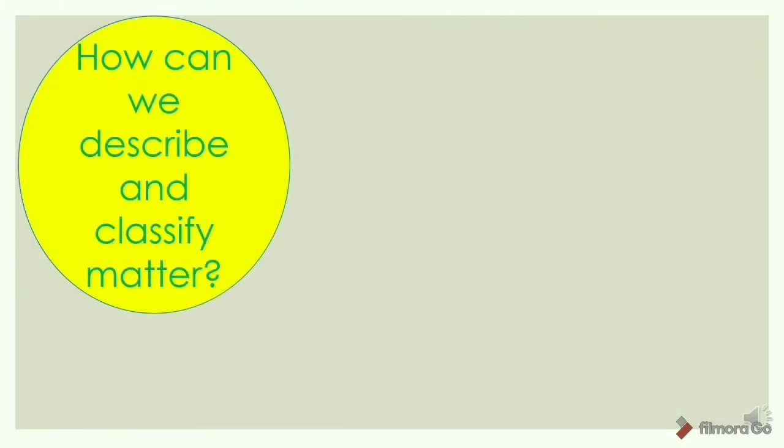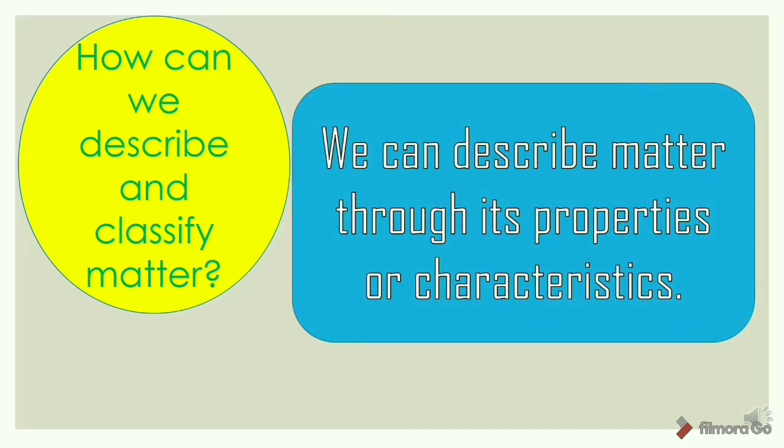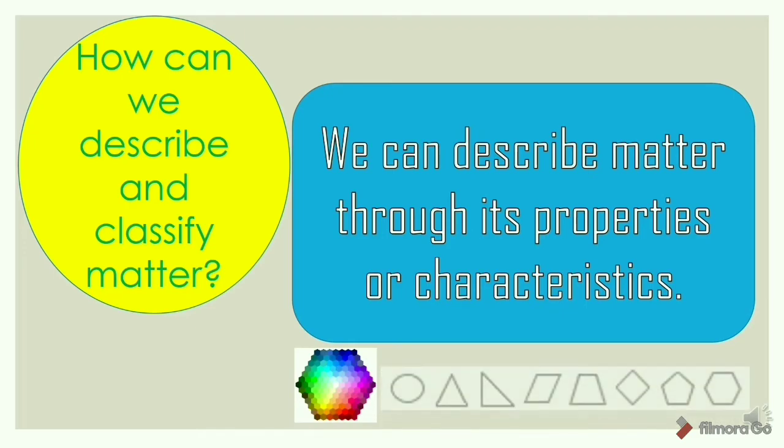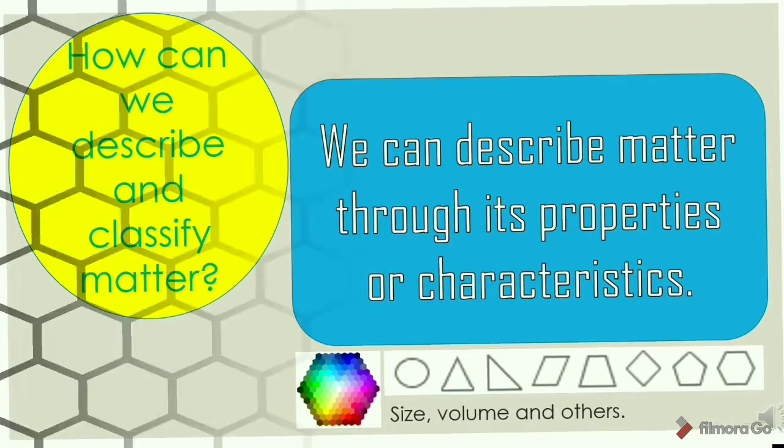So how can we describe and classify matter? We describe matter through its characteristics or properties. When we say property, it is a quality or trait belonging to an individual or thing. Similar with characteristic, which is defined as distinguishing trait, quality, or property. In Filipino, ito ay tumutukoy sa taglay na katangian o karakter. Matter has many characteristics and properties, and these qualities help us to identify easily what state of matter is around us. Some of the properties include color, shape, size, volume, and others. Let us discuss each state of matter.